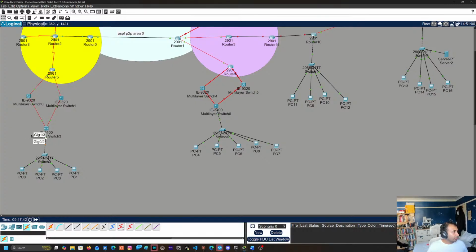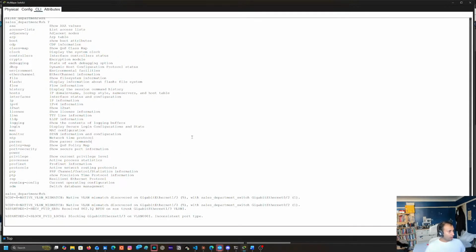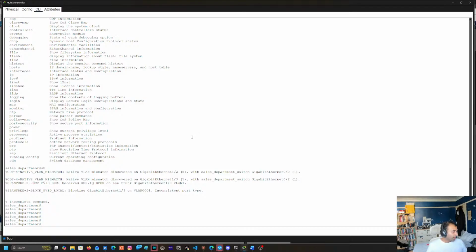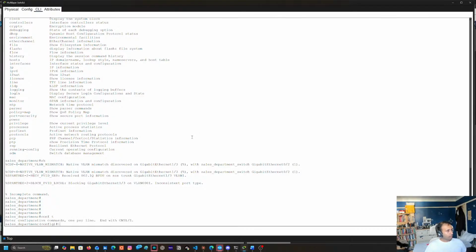on 1/3. So there's 1/3. Here we go, look, blocking. So we've done STP. We've got BPDUs coming in. It's not sure whether or not it's the root bridge, which is why we're getting BPDUs coming in. So we could activate BPDU guard at that point, and that will help us with the STP portion in that case. But for now, let's just focus on one thing, and then we'll get on to the next bit. We'll do conf t, int